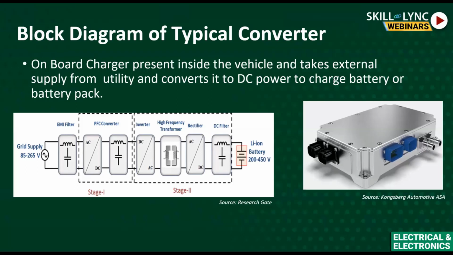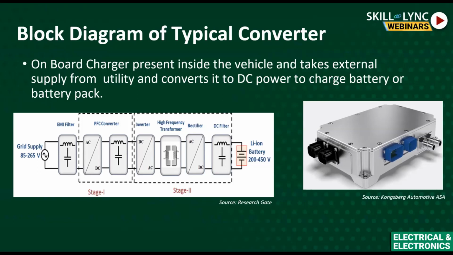So this onboard charger has an AC to DC stage as well as a DC to DC stage. Again, the DC to AC as well as the AC to DC goes through a high frequency transformer. So finally, the battery will be charged through this converter. This is the typical, standard block diagram that we are using right now. Anybody who uses an onboard charger uses one like this.